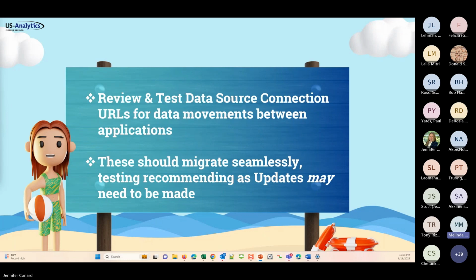But for the most part, especially for the Oracle-led migrations, what they're doing is, and to me this was a little bit confusing, just how my brain works, so hopefully it'll clear up if there's questions about that for any of you on the call. You have your current URLs right now, and during your testing period, you'll have a new URL. But once the migration goes through, the old URL will automatically be redirected to point to the new environments. So with the Oracle-led migrations, those URLs aren't going to be changing. Oracle will configure something on the back end that makes it seamless, so you're not having to tell all your users to go update their URLs.